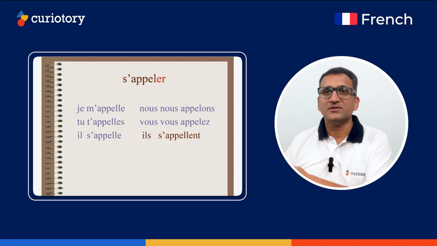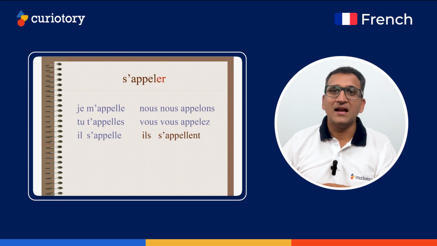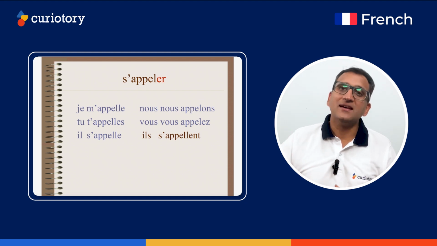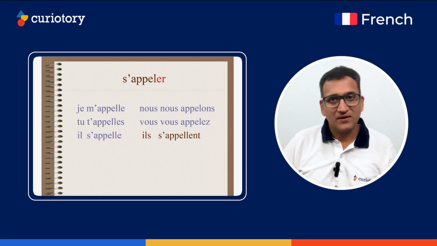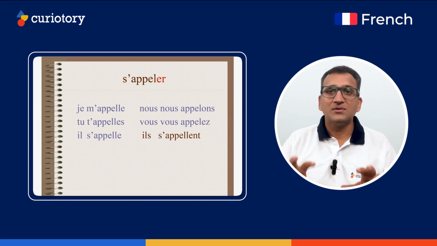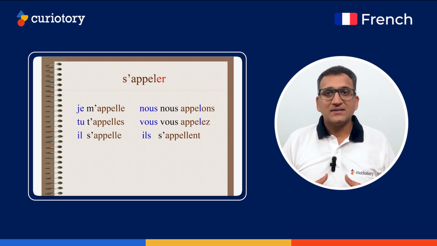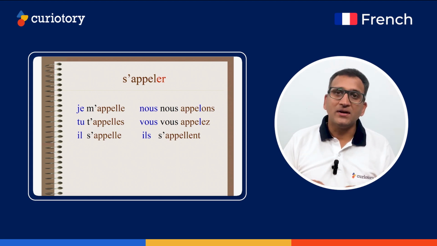Let's say I need to introduce two of my friends, or maybe three of my friends. It hardly matters. It should be more than one. So their name is, and then the names. Fine. So this is how the verb s'appeler goes. The s'appeler verb is again an important verb.